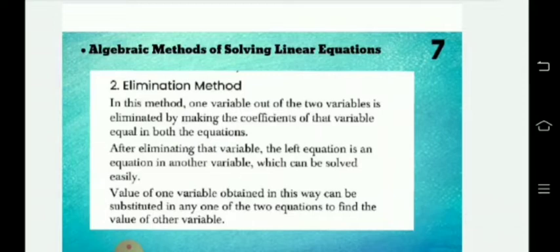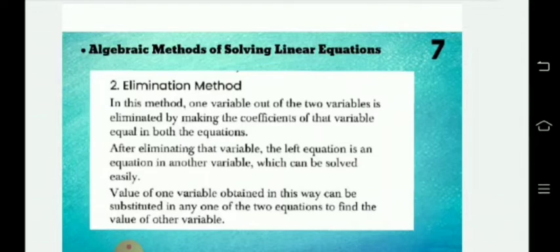After eliminating the variable, by adding or subtracting we get one equation. The value of one variable obtained in this way can be substituted in any one of the two equations to find the value of the other variable. Because we made the coefficients equal, by adding or subtracting we get the value of one variable, and putting that value into one of the equations gives the value of the other variable. So these are the two algebraic methods of solving linear equations. There is also the cross multiplication method, but that was removed from the syllabus,